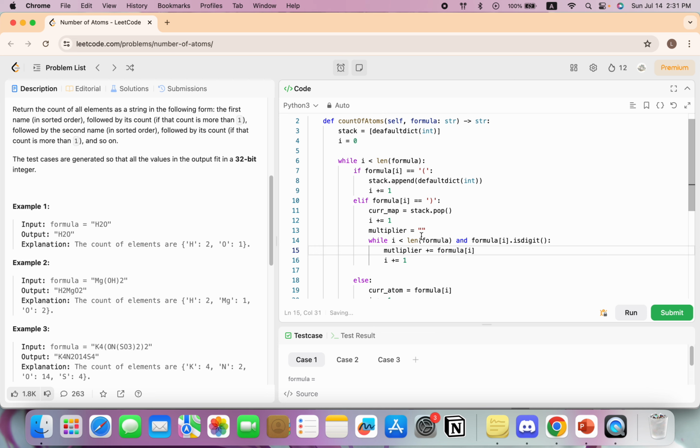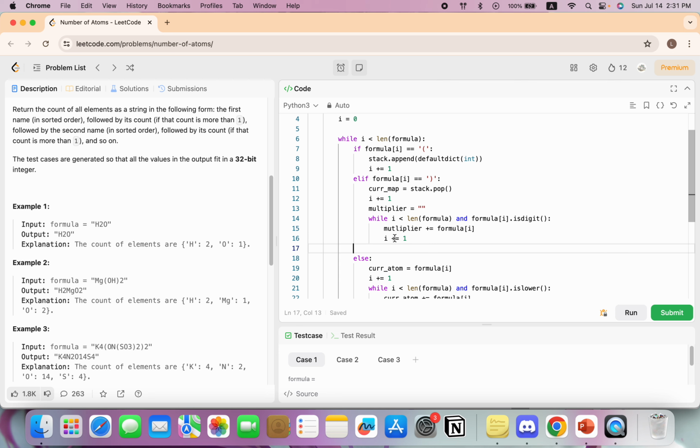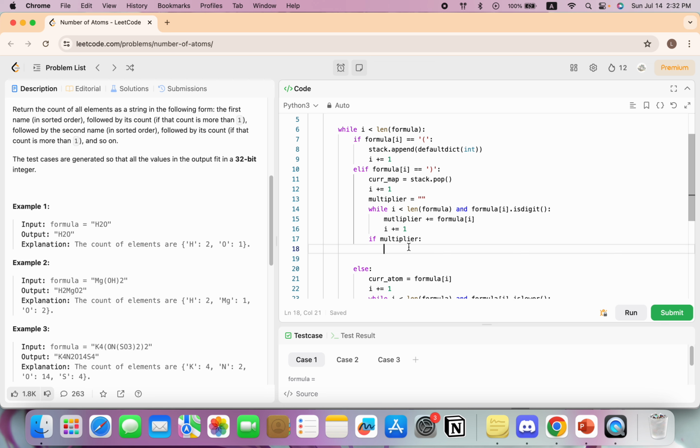Right, so we want to see how many times we want to multiply the elements inside this map, right? And then we increment until we find the digit thing. And then let's say if the multiplier is not empty,